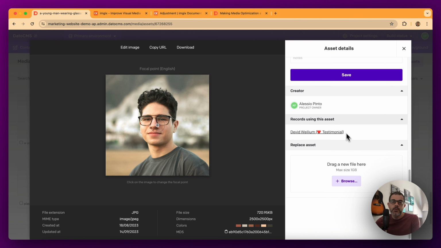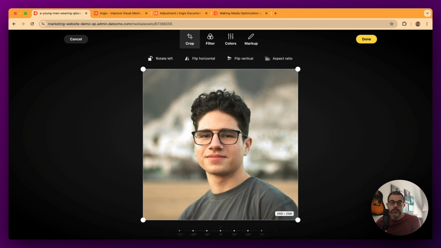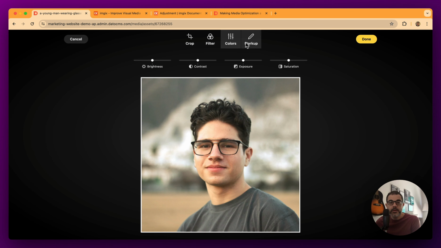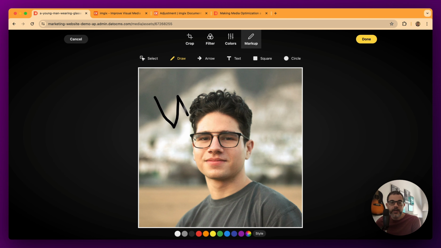Going forward, you see who has uploaded this image. That's me in this case. If there's any record using the asset, you can also replace the asset. On the left side, there's the possibility to edit the image, and this is pretty cool. It's by no means like a full-blown editor, but you can do some pretty useful quick editing like cropping. You can apply some filters, alter the color, do some silly markup if you want. I want in this case, but